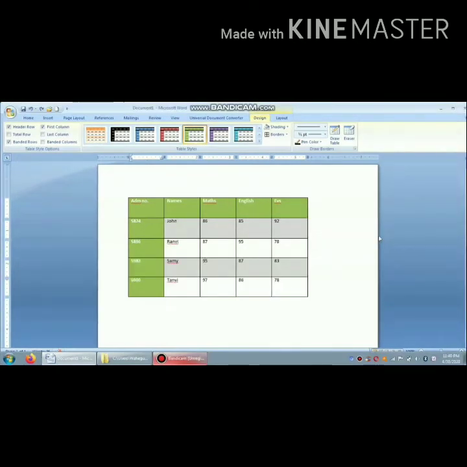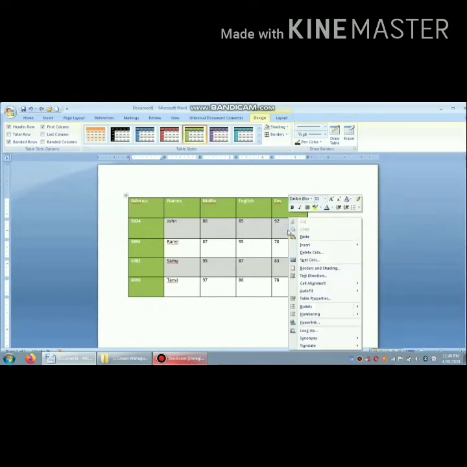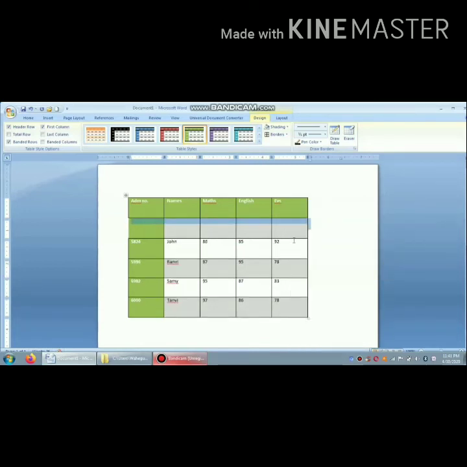Come to the next topic, how to insert a column or a row. If we need any extra row or column for our table, we can add it very easily by clicking on a row where we want to insert. Insert rows above, insert rows below. If we need a row upside, we can go to insert row above. A row is inserted at the upper side.